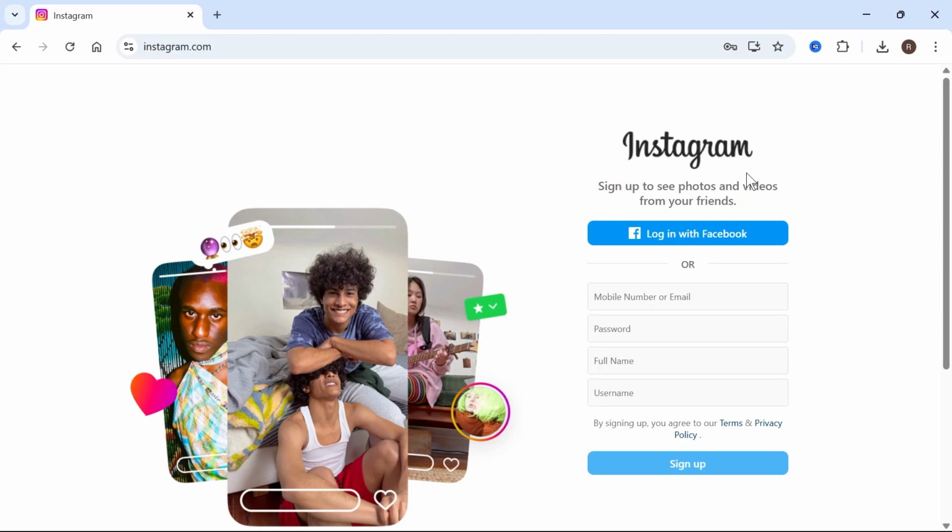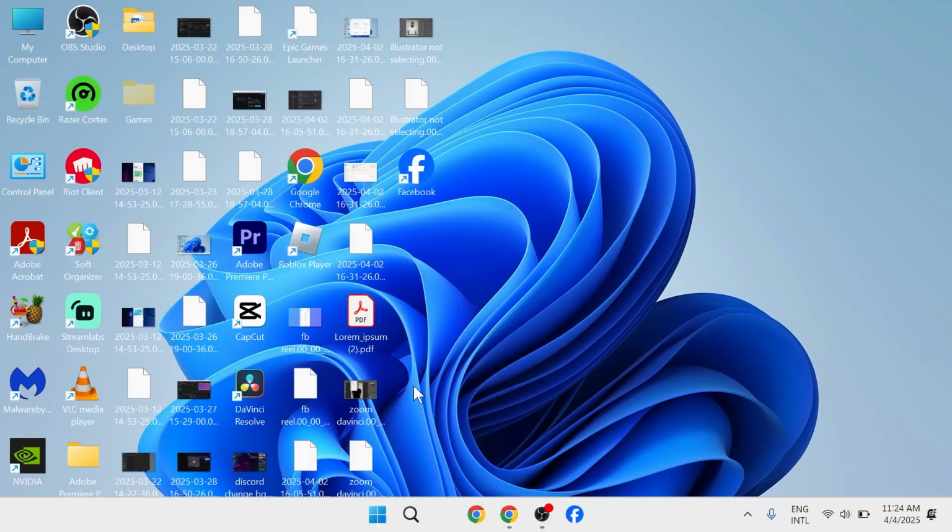Hey guys, in this video, I'm going to show you how to install Instagram to your computer or laptop. So no matter if you're using a Windows or a Mac computer, there's basically two different ways to install Instagram. So if you're on a Windows computer, you'll need to head over to your Start menu, search for